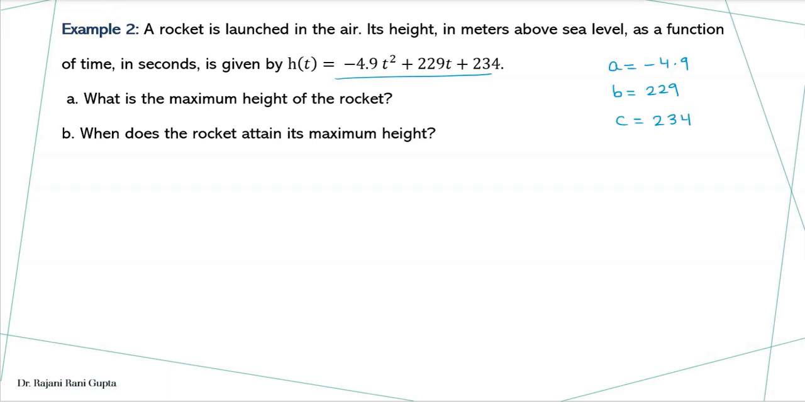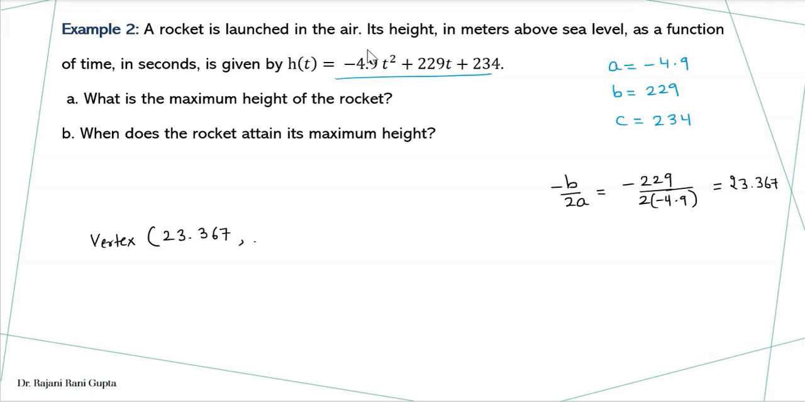So start by finding the axis of symmetry, which is minus B over 2A, which is minus 229 over 2 times A, minus 4.9. So when you solve it by using a calculator, you will get a value in decimal. Since minus and minus, it will become a positive value, 23.367, or you can write 23.37. It's fine. Okay, so when you are writing the vertex, this is the first value,